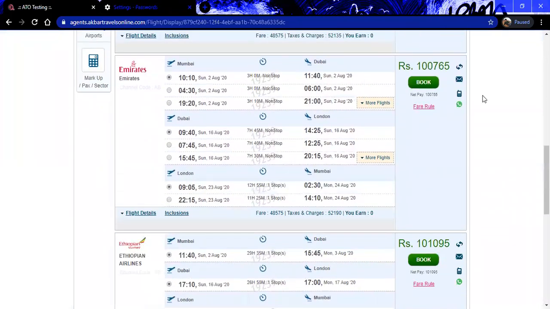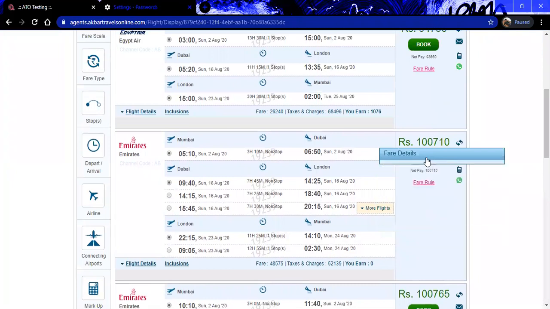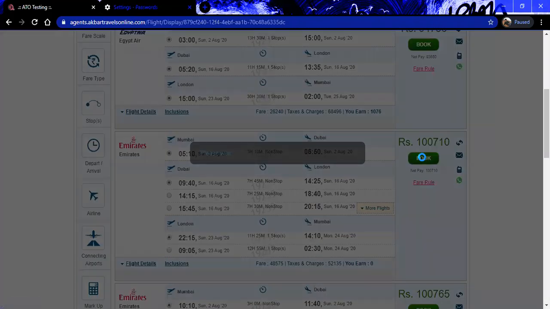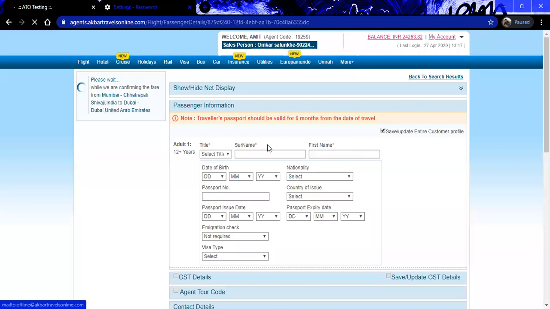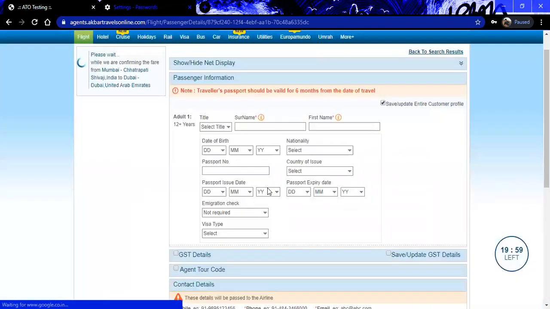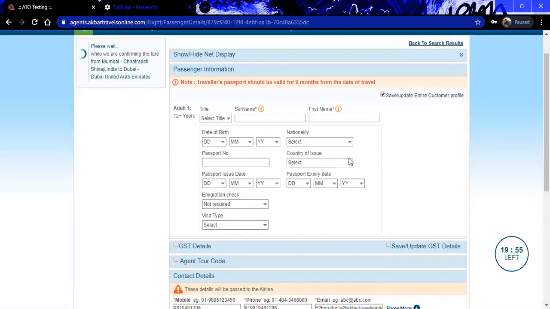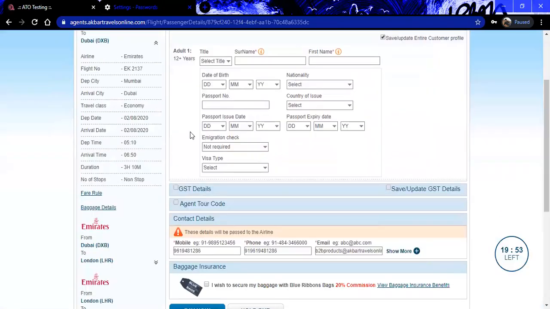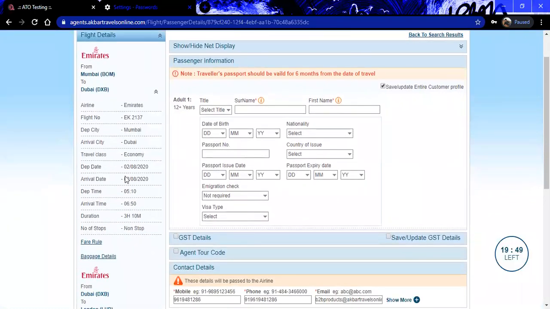Other things are the same. If you click on book, you will land on the pricing page, or a passenger page can be set. You can reconfirm, select the things and go ahead with the booking. I have just clicked on the pricing page for you. So this is how the details for multi-city will be shown. First flight Bombay Dubai.